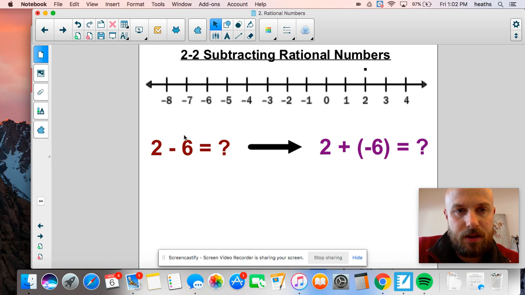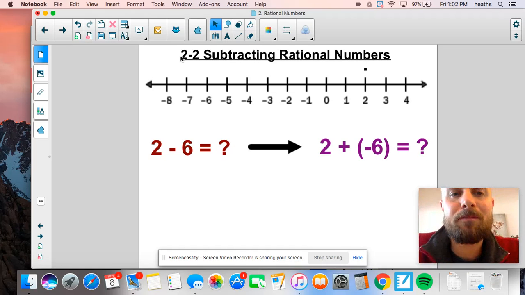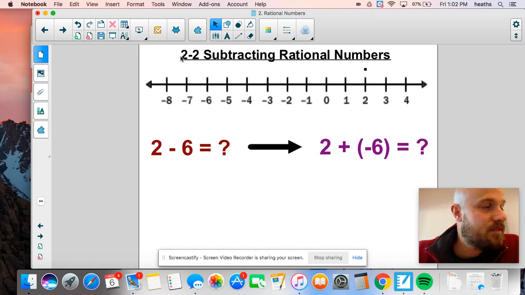Hey everybody, just getting going on section 2-2, which is subtracting rational numbers. Where we've been so far, in 2-1 we worked on adding rational numbers, meaning negative and positive numbers, and how we deal with those. So we're moving on to the next portion, which is subtracting, and I want to take about 20